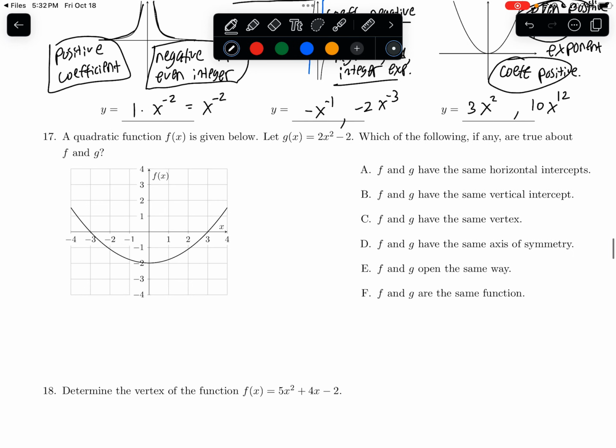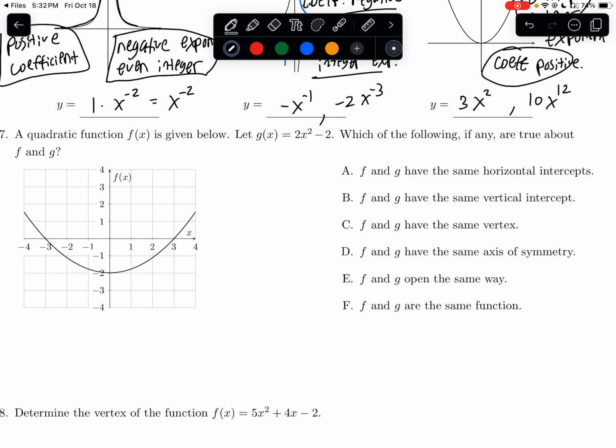Okay, next. This is a quadratic function f. The formula is not known. We just have the graph. And then we have another function g, which is only defined by its formula. What can we say about the two functions? Do they have the same horizontal intercepts? Well, that's not immediately clear, at least for g. We could determine that for f, because the horizontal intercepts are here and here. So f has horizontal intercepts